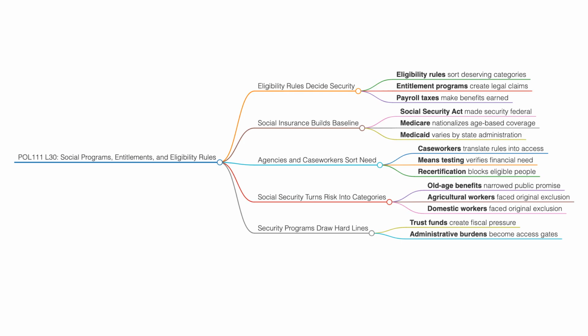Applicants may need proof of income, age, disability, family status, work history, residency, or medical condition. States may add forms, interviews, renewal deadlines, and data matches. A program that looks generous in statutory language can still exclude people through paperwork, waiting periods, office hours, or verification